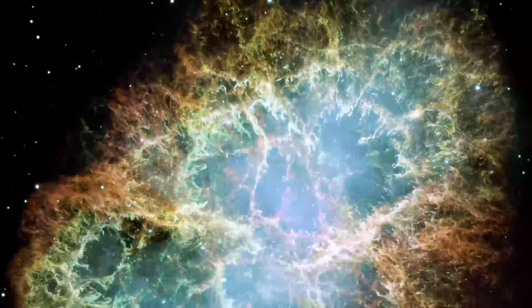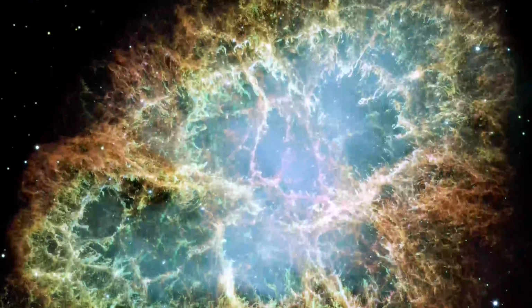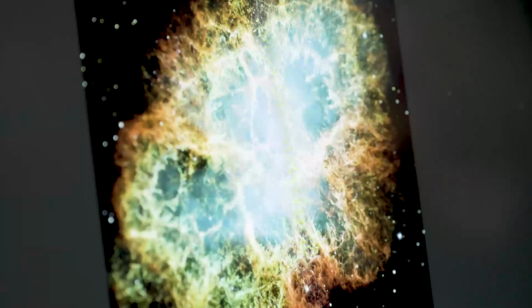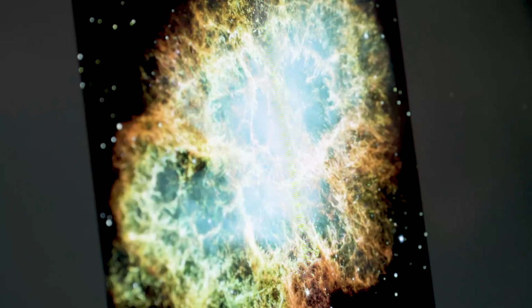This is an image of the Crab Nebula, which is one of the most famous and most well-studied astronomical objects ever. And it's one of the touchstone images from the Hubble Space Telescope. It's just the most beautiful, awe-inspiring image you can imagine. Technically, it's actually called a pulsar wind nebula,